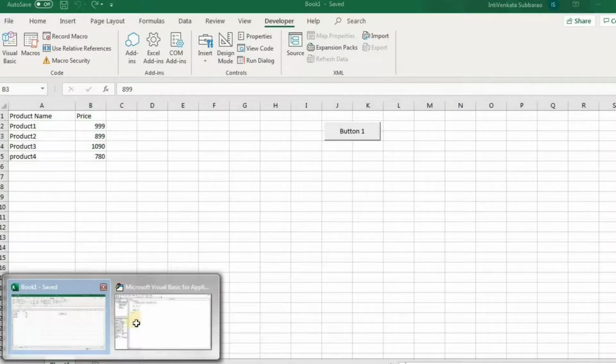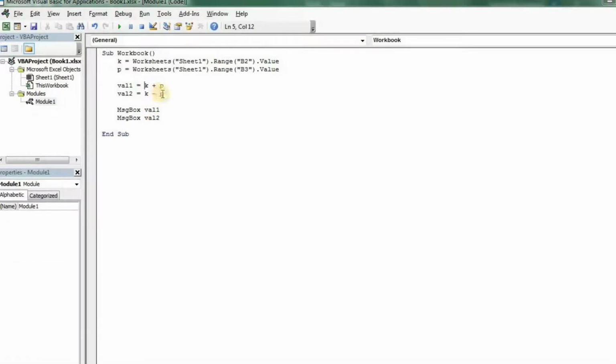Now I go to the code, and while executing I am not getting any errors. Suppose your program gets an error; you want to find out in which statement the error occurred.